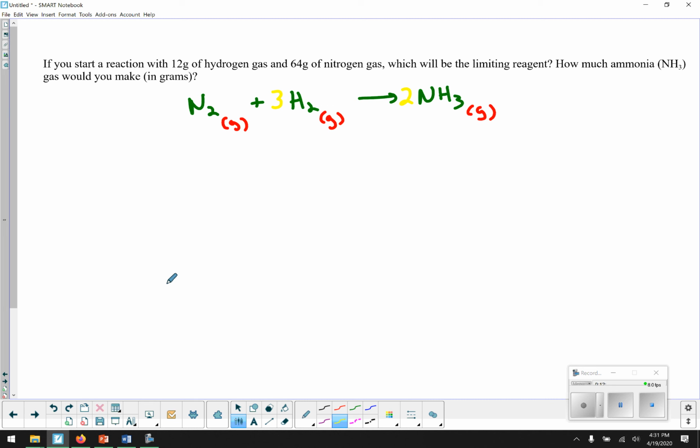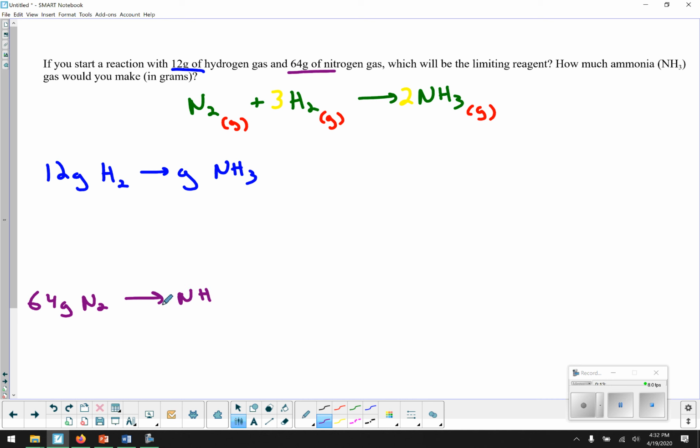That's what you start with. So I have two amounts of reactants, the 12 grams of hydrogen and the 64 grams of nitrogen. So what I'm going to do is start two stoichiometry problems. One going from 12 grams of hydrogen to grams of NH3. That should be an H2 there, excuse me. And one with 64 grams nitrogen going to grams of NH3. Another thing to be careful of, these are both the Brinkelhoff, the diatomic molecules, so it's N2